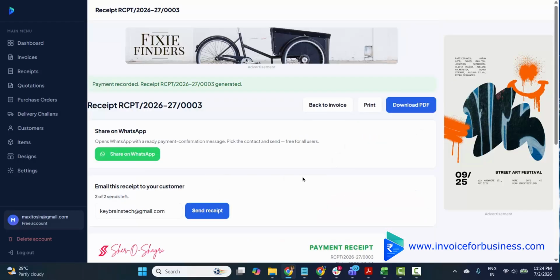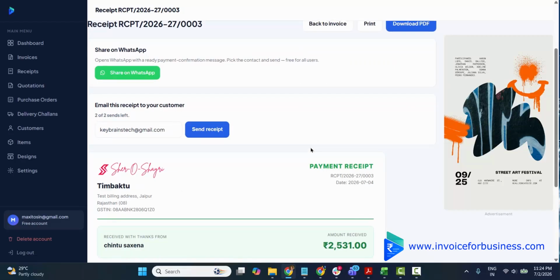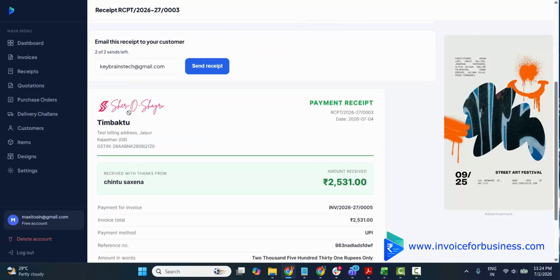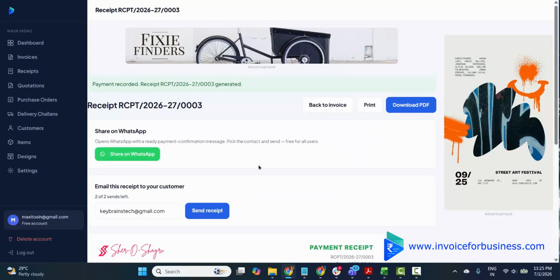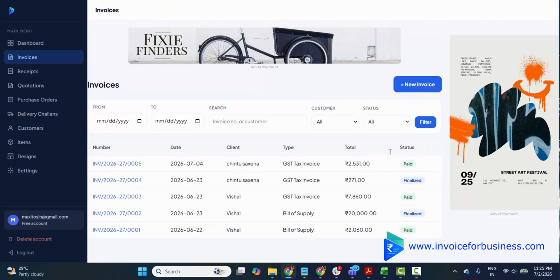So as soon as I create the payment, I can also generate a receipt. So this is the receipt that I have, and I can send it directly to the user, right? Paid in full. Suppose I create an invoice here and the payment is not